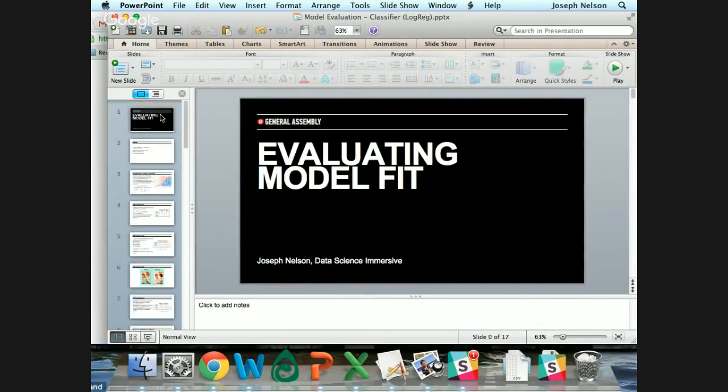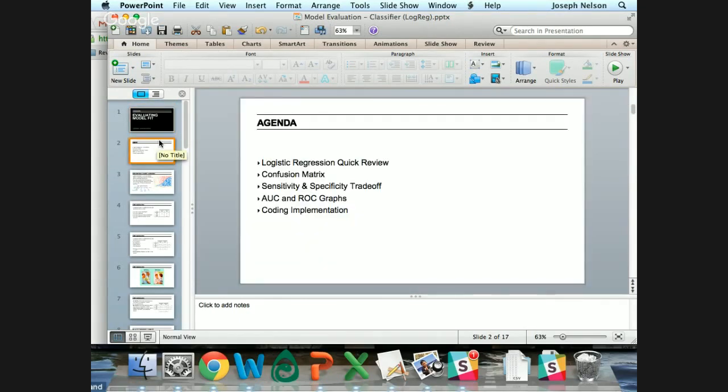All right, so today we're going to be talking about evaluating model fit, specifically for classification models. Our agenda: we'll do a logistic regression quick review, or maybe not so quick. We'll talk about confusion matrices. We'll talk about the sensitivity and specificity trade-off. We'll talk about area under the curve, specifically ROC graphs or ROC curves, and then we'll do this stuff in